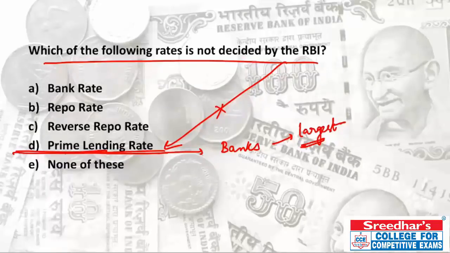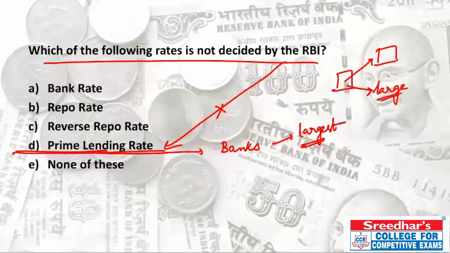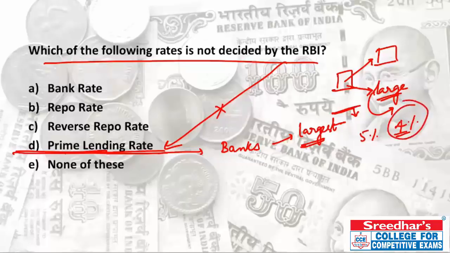Say, for example, I am a bank, and I want to give a large credit to one of my loyal customers. For that, below the prescribed lending rate, I give him a reasonable rate of interest, different from what I give to other customers. So for other customers, if I am giving it at 5%, for this customer I am giving a hefty amount, and also for my interest, I give it at 4%. So this prime lending rate differs from person to person and from bank to bank. So it is not decided by the Reserve Bank of India.